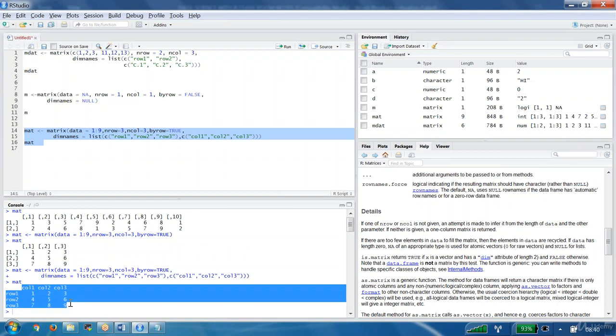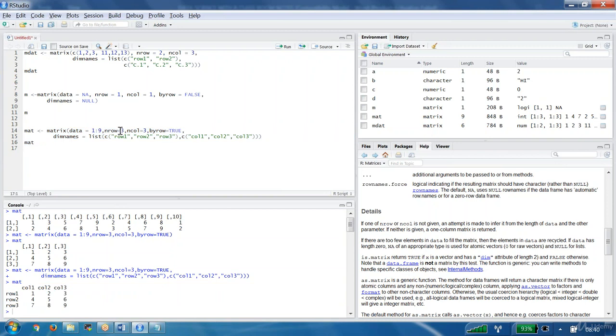Now we are good to understand the matrix 5 arguments. One is data. Second is number of rows, nrow, ncol. Then byrow. Next, dimension names. For example, row 1, row 2 are there. So as per our need we will assign values also.